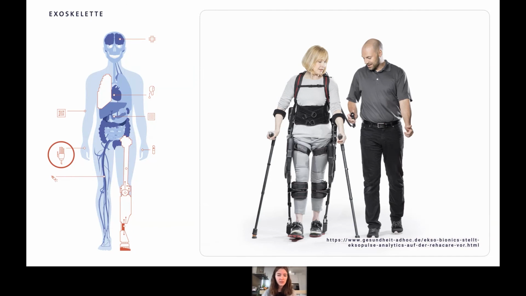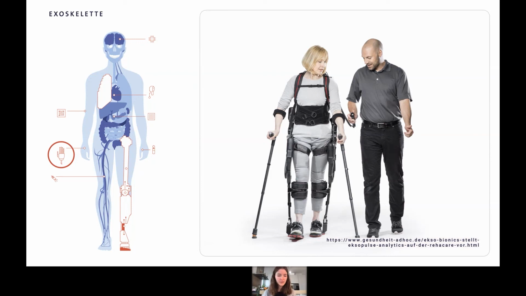And some of those implants are also connected to a so-called exoskeleton. So this woman is wearing an exoskeleton that she can move with her brain, moving all her body parts, and she can walk again. And this whole connection from the brain to something outside the brain has a name: brain-computer interface, so BCI. That means a brain is connected to a computer, and that computer is doing something with that information, for example, in this case,